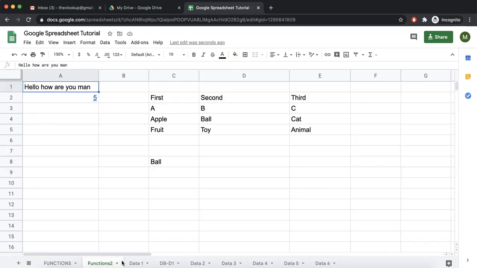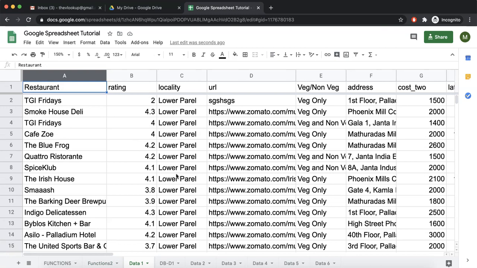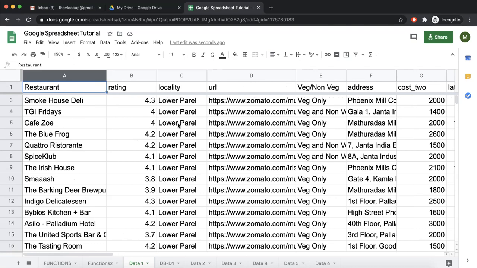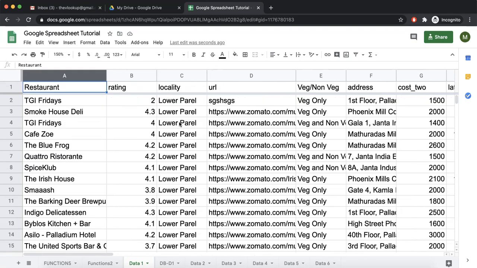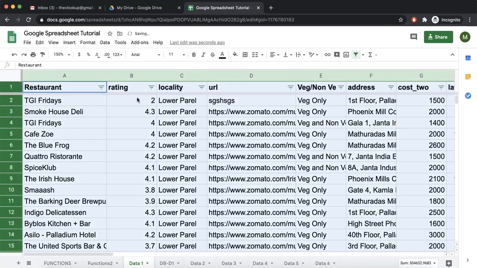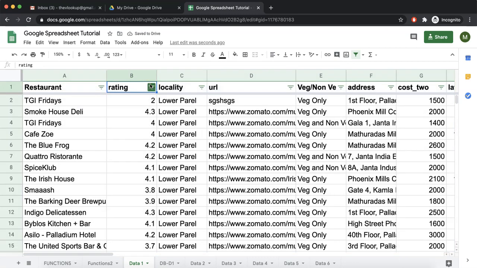Now, before we do the filter function, let's look at how to apply filters without using functions. So this is the data of restaurants and I want to see the list of only veg restaurants. So you select row number 1 and you click on this filter icon. Now there is a small filter drop down visible at all columns.